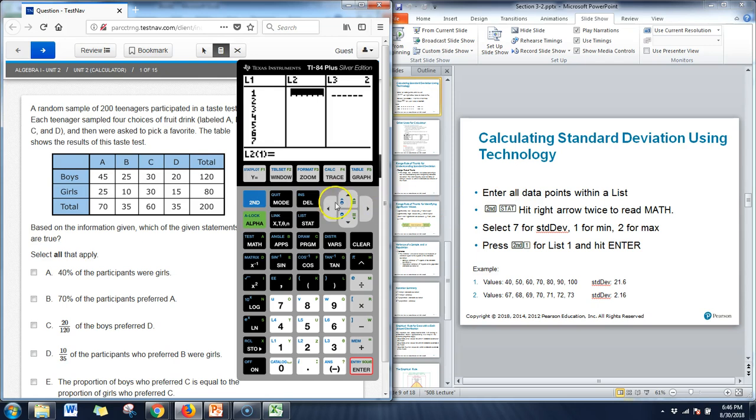So once I did step 1, I'm going to go to second stat, go over to math, and then I'm going to go to 7 for standard deviation. Why am I not there? Okay. Quit out of that first. I should have included that as well. So second stat, go over to math, standard deviation,